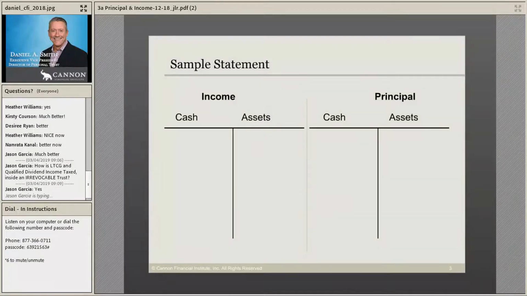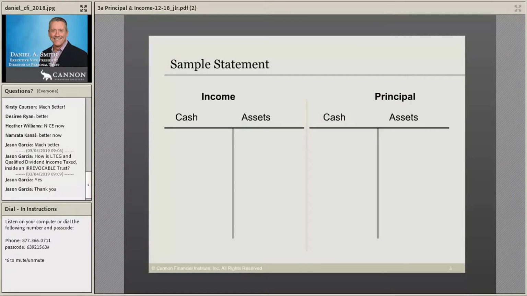Very good. So our statement ends up looking like this. And let's just give us a basic run-through of what would happen. Let's say that Grandma passes away. Sorry, Grandma. And so Grandma passes away and she leaves some stuff. Well, basically all the stuff she leaves is going to be